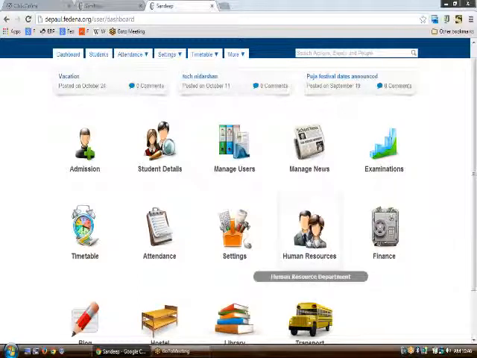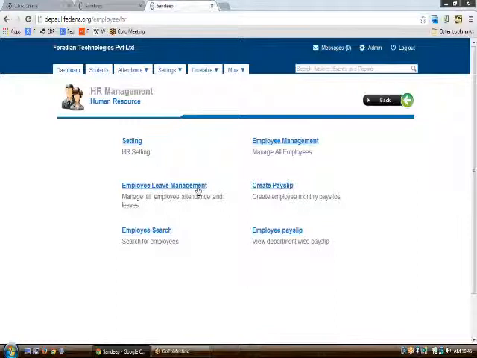Next comes the human resources. Just like any other module, you need to do the settings first of all.